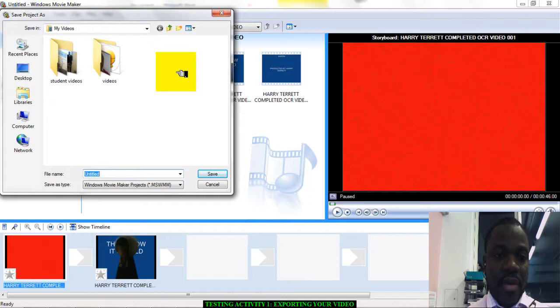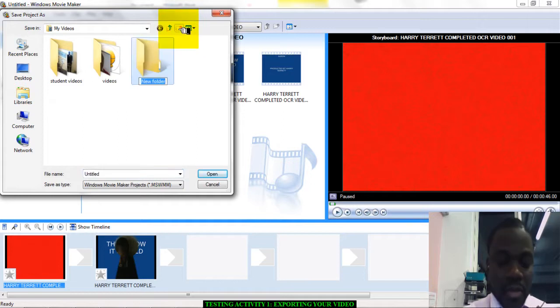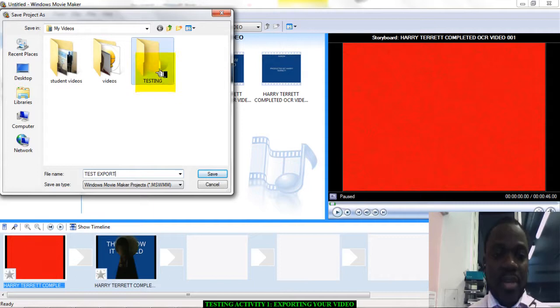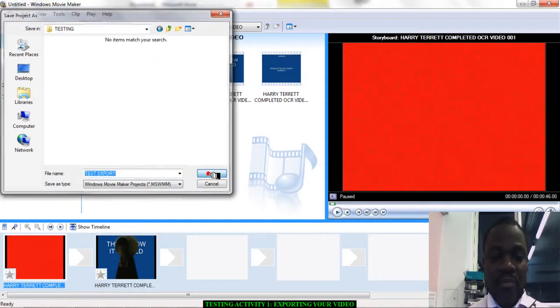This is my video area. I'm going to probably create a folder and call it Testing, and I'm going to give my video a title. I'll call it Test Export. Okay, you don't need to do the same thing I'm doing. You just need to be able to do this yourself. And I'm going to put it in my testing folder. I'm going to click on Save,